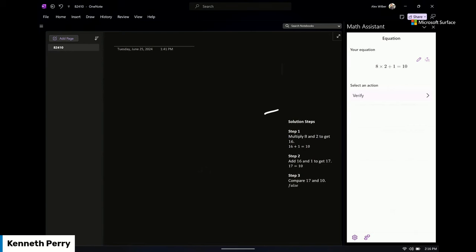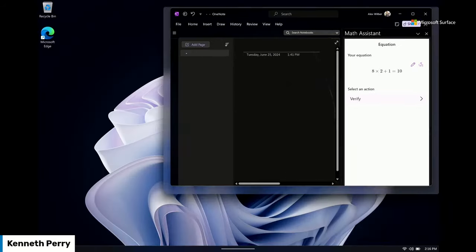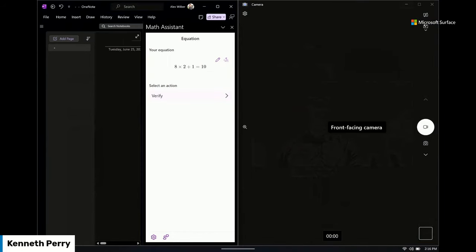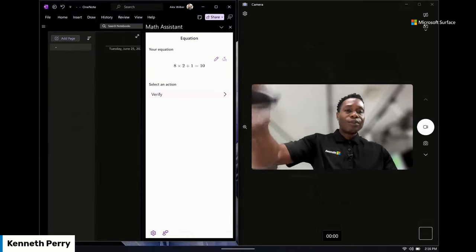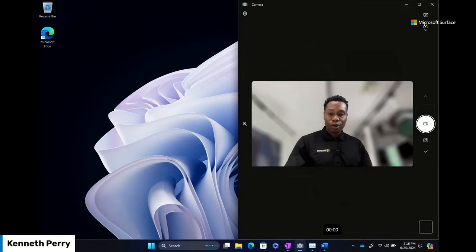Another thing that you can do with this device is the ability to split the screen and work on multiple things at one time. So I showed you a little bit of that when we were on camera. So being able to multitask and just get work done in that way. So now what I'm going to do is pivot to one more feature that's on this particular device, which is the